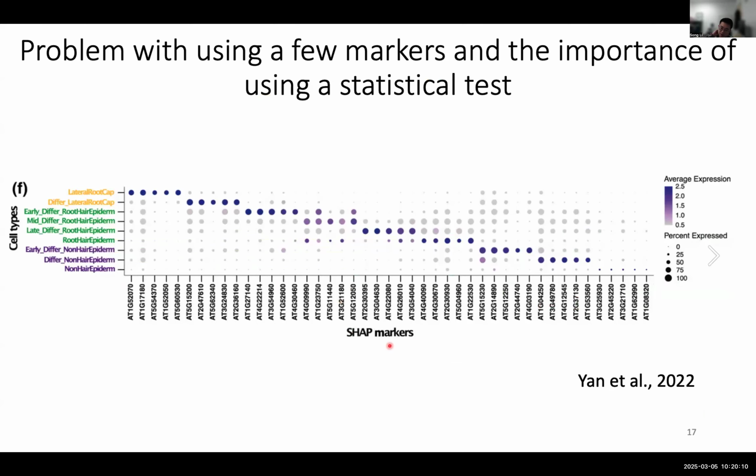So, statistical test, why is that important? I'm showing this figure because many people also show this in publications. This is one of our own papers. What people usually do, this is called a dot plot, right? Each column is a gene and each row is a different cell type. Then people will say, okay, we find these 5 marker genes highly enriched in this cell type, so this is a really good candidate for this marker. Typically, people will point out 1 or 2 genes that are well-known markers for a certain cell type, and that's it. That's how the cell types were determined a couple of years back, in many cases including our own paper.